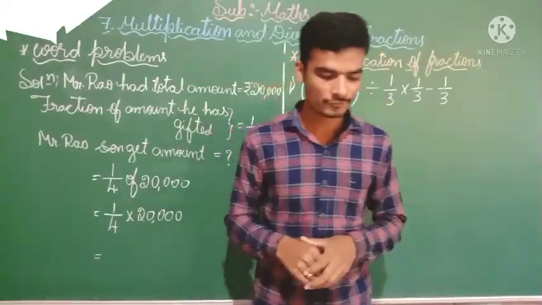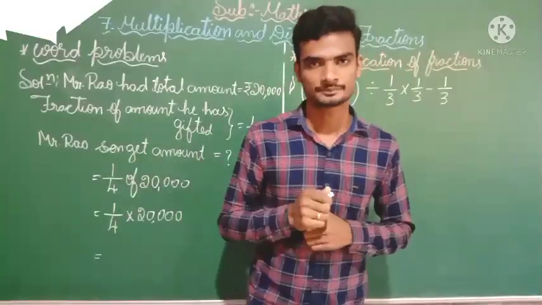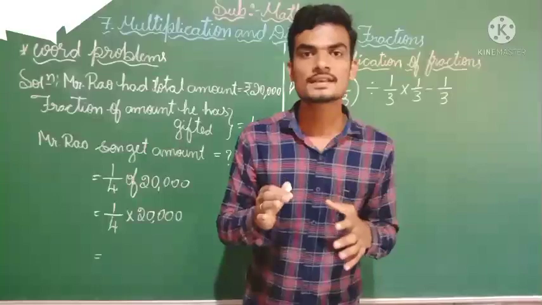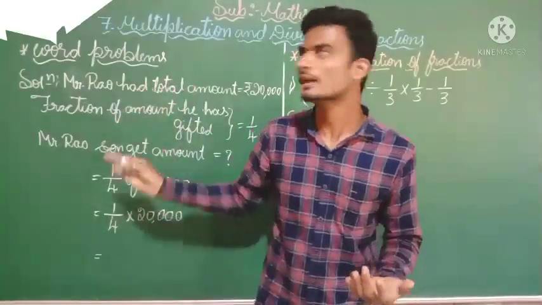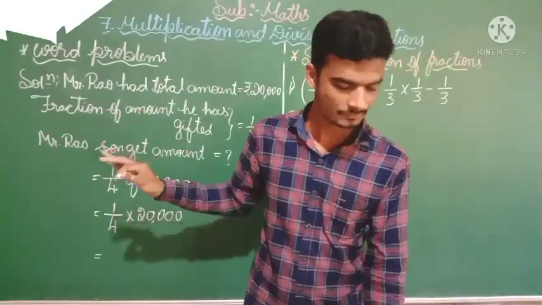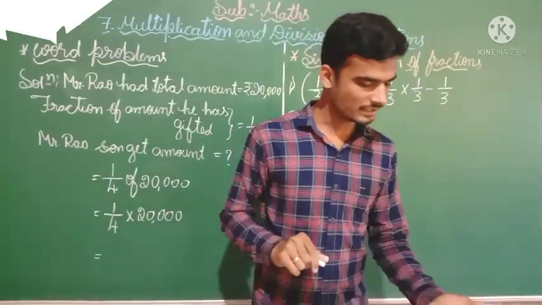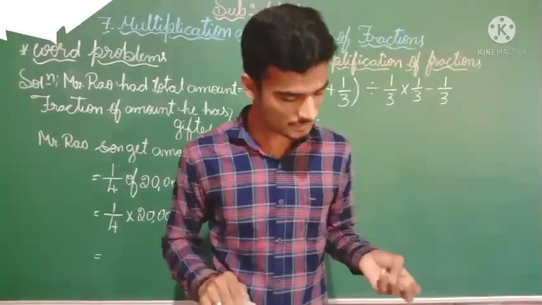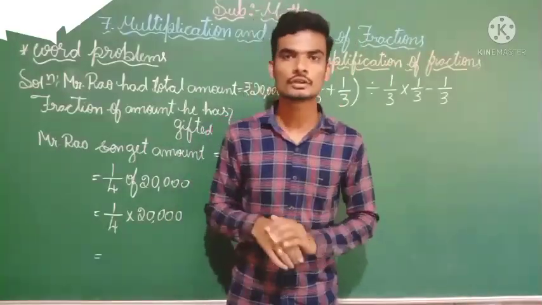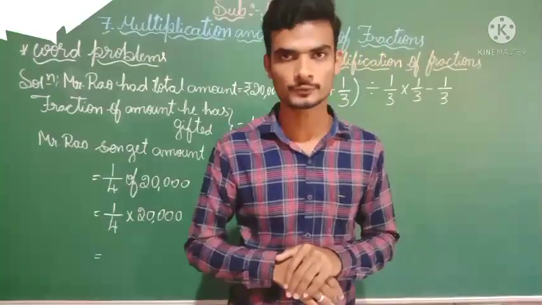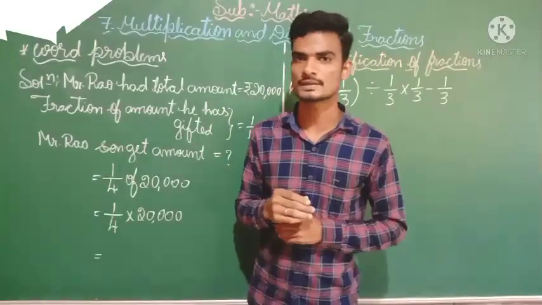Mr. Rao gifted 1/4 of rupees 20,000 to his son. How much will his son get? We want to see how much amount Mr. Rao's son will get. That we have to find in this third problem. The remaining problems, in exercise 7.3 B main they have given 3 problems, and sum it up C main also 3 problems. I am going to show you only one problem, and I will send you notes. What I am solving here, the same way you have to follow for those word problems also.